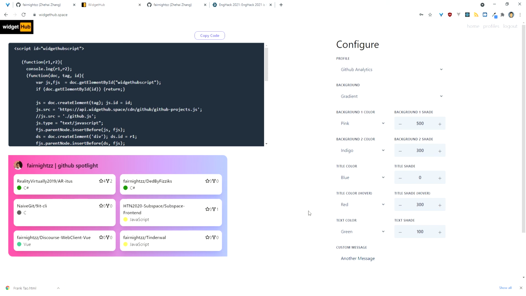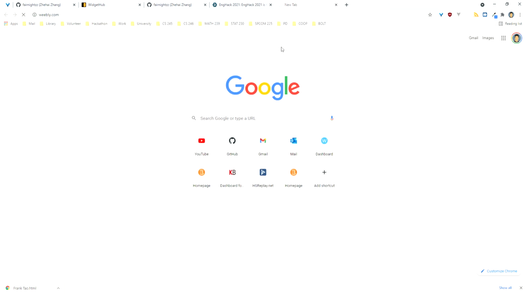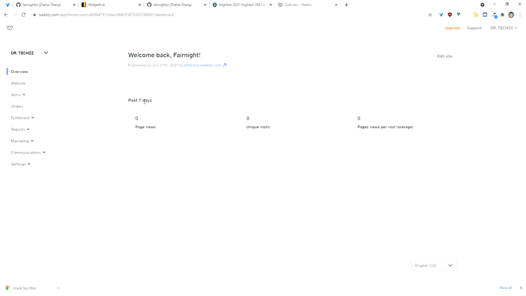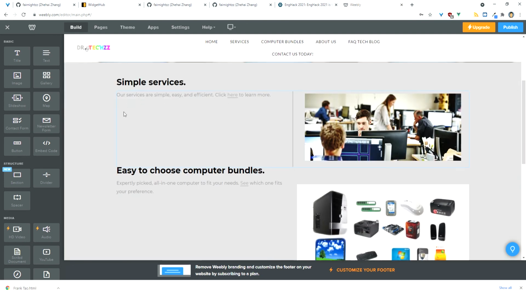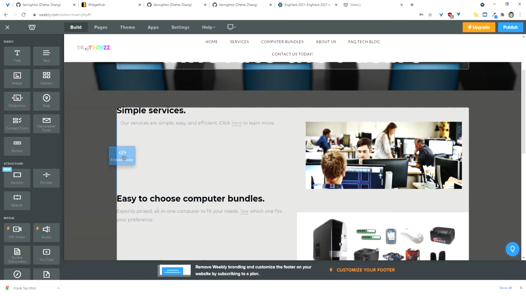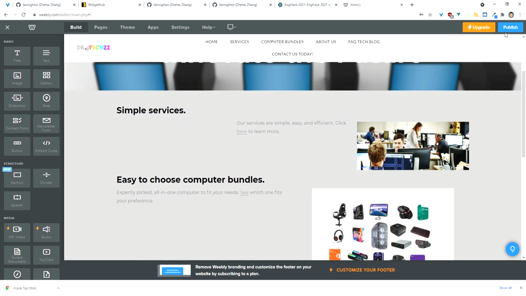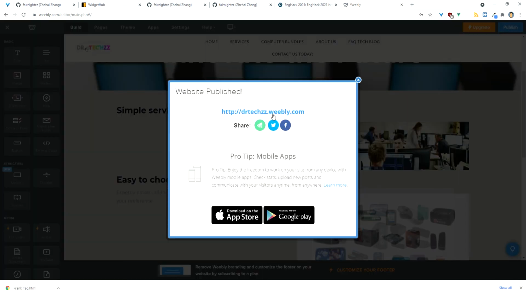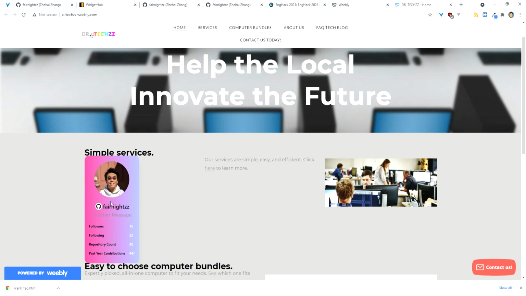So now that we have this, we can actually take the code and try putting it into a website. Let's take the normal GitHub one for now, and we're going to copy the code. Alright, and let's try putting it into a very simple website editor that everyone has used once before when they were small, Weebly. And Weebly has a really cool feature where you're able to add embedded code in. What we're going to do is add it just right over here. So I'm going to add a piece of code on the left side, set up a custom HTML, paste the code that we were able to use, and publish. So now if we go to the site, click OK, and boom, we have our beautiful widget right over here